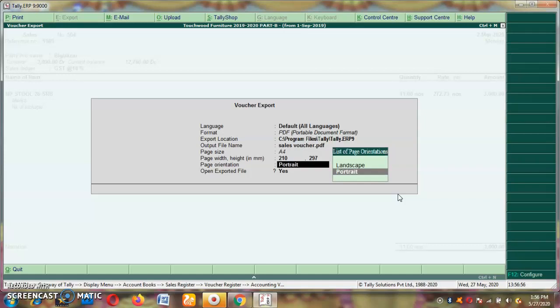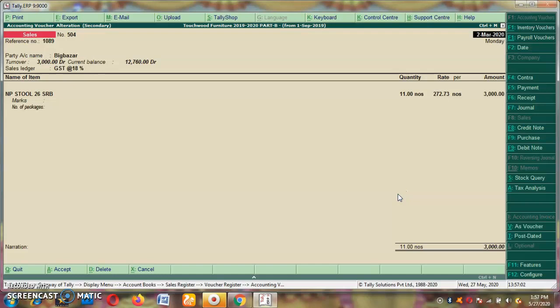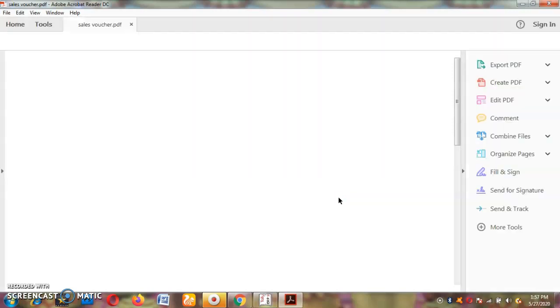Okay, enter, and yes, now it has been filed in PDF. It is under process, and it will show the PDF file once it is saved. See, now it has been saved into PDF.